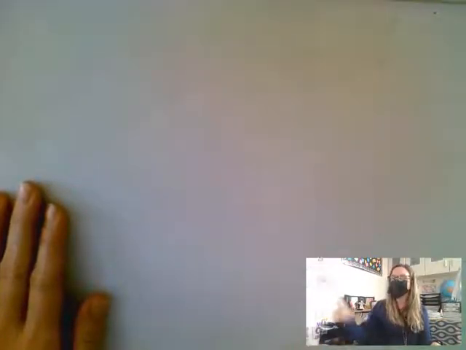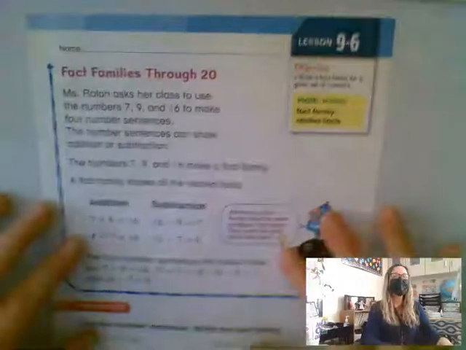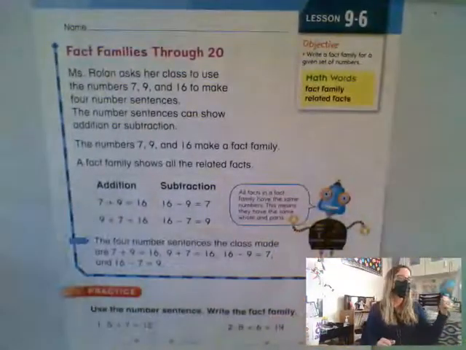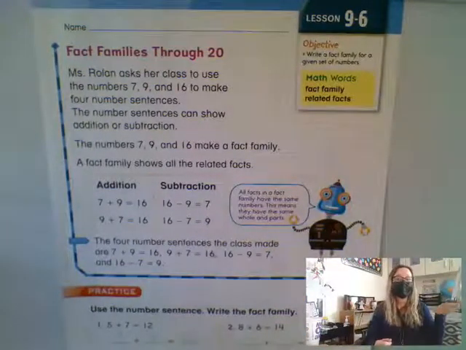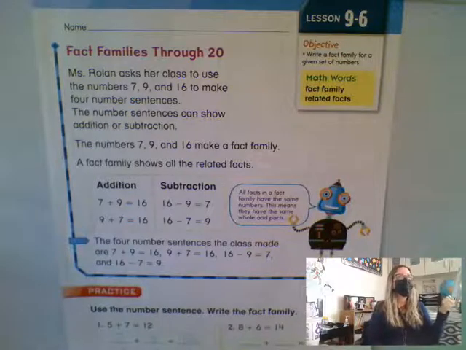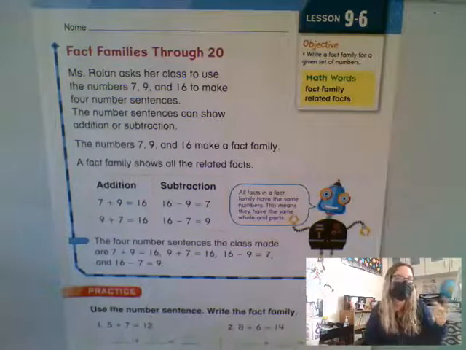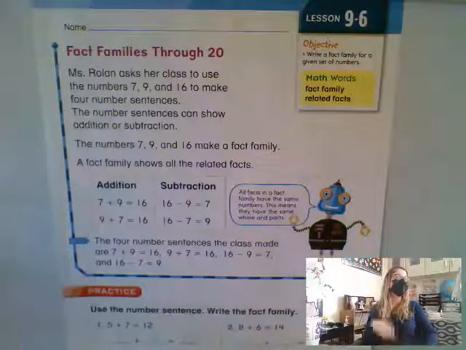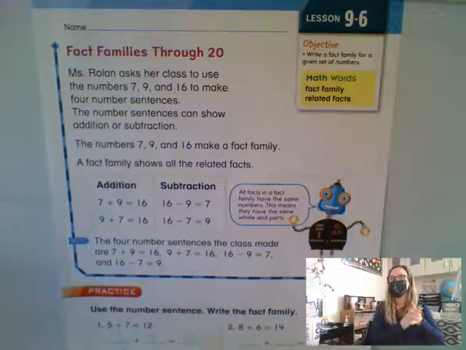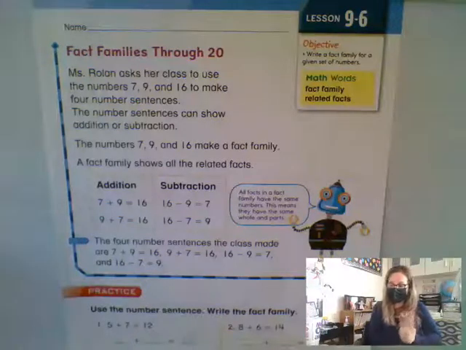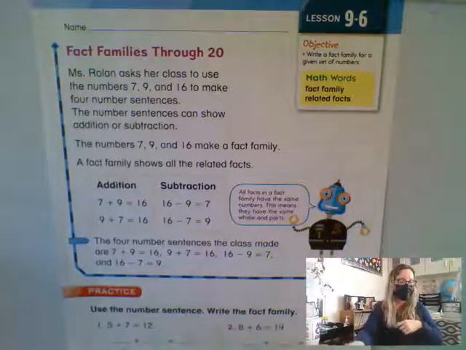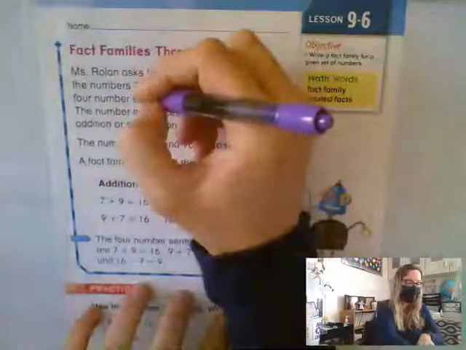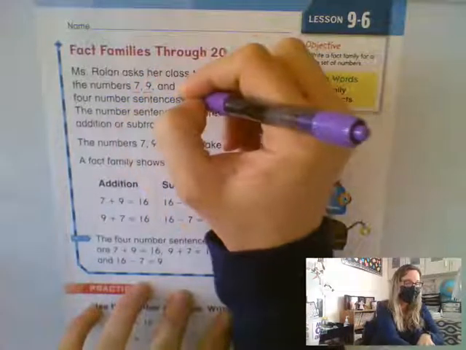So now let's go back in our math books to page 353. We're talking about fact families again. And I know that you guys, back in the fall time when we started working on fact families, you were rock stars. The only difference was we had smaller sums for our fact families. Now we're going to have bigger sums. In fact, we're going to go all the way up to 20 now instead of just up to 10 or 12, okay? So it says here that Miss Rowland asked her class to use the numbers 7, 9, and 16